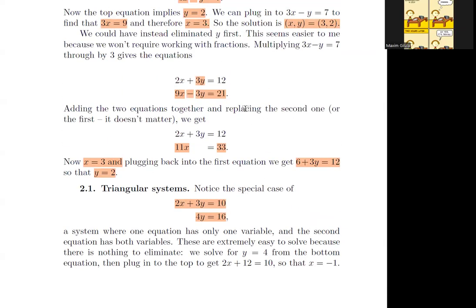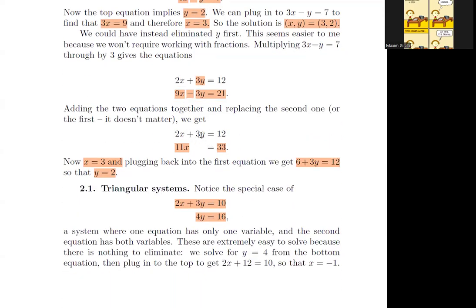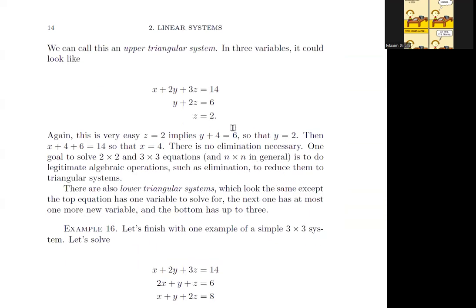And that's the goal of eliminating. When we eliminated up here, we got this kind of system with one equation with two unknowns and another one with one unknown. And same thing down here. We had one equation with two unknowns and one equation with one unknown. And then it was trivial to solve. So we could call this kind of system an upper triangular system if it's organized this way, right? The bottom equation has one variable, the next one has two variables, and the top one has three variables, or however many you have. With our 2x2 system, the bottom equation had one variable, and the top equation had two variables. So this, again, is very easy.